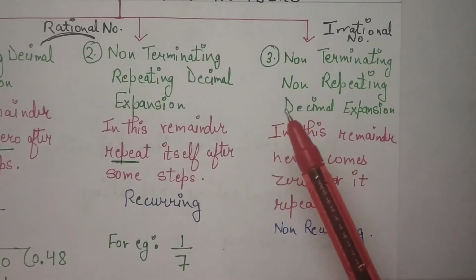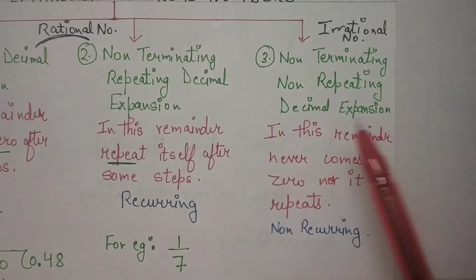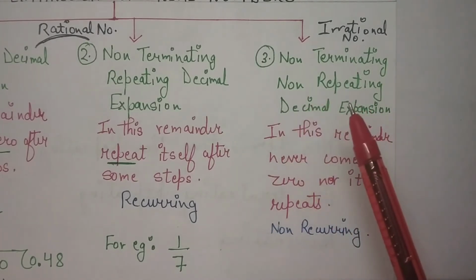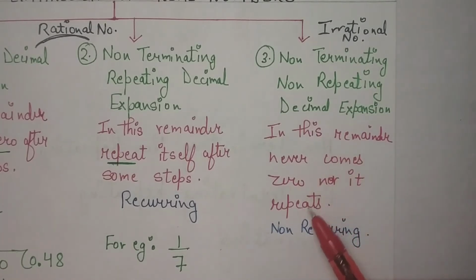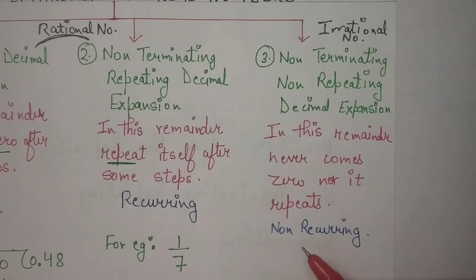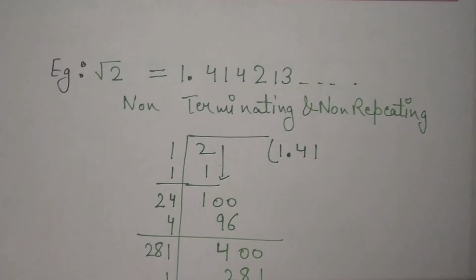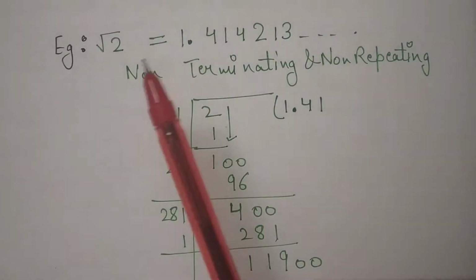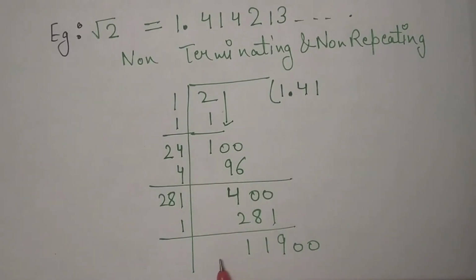Now the third one is non-terminating non-repeating decimal expansion. The difference here is that it will not repeat. Decimal expansions will neither end nor repeat. In this, the remainder never becomes 0, nor does it repeat. This decimal expansion can also be called non-terminating non-recurring decimal expansion. For this, let's take the example root 2. The value of root 2, after the division method by taking the square root, I got